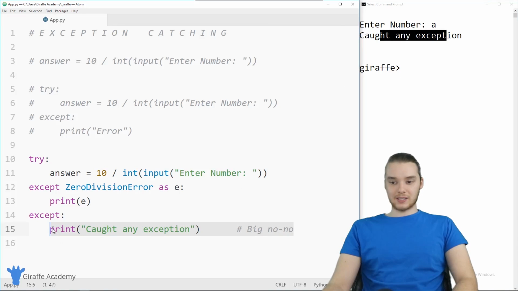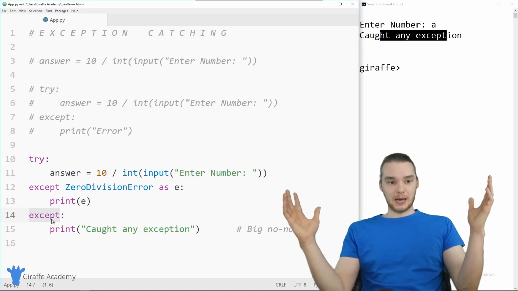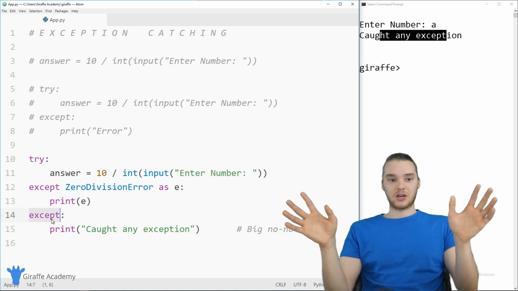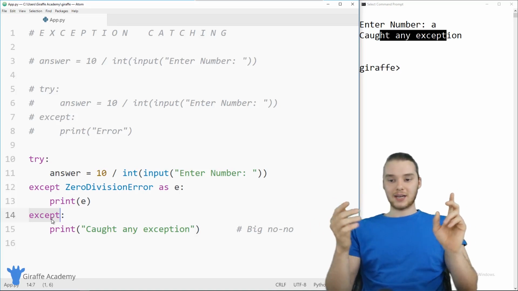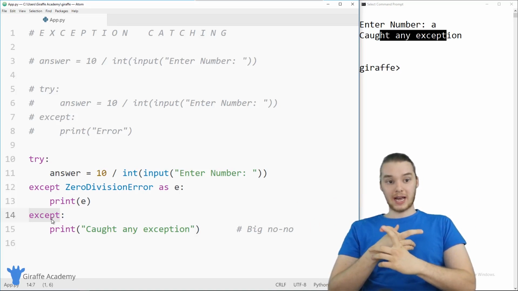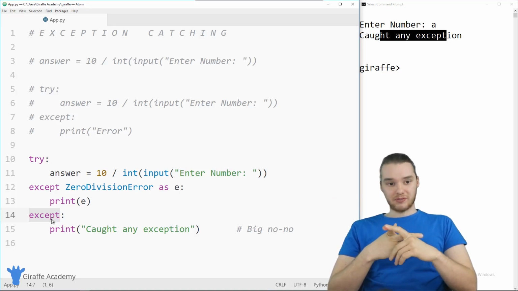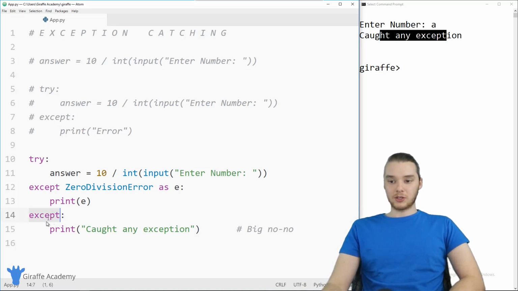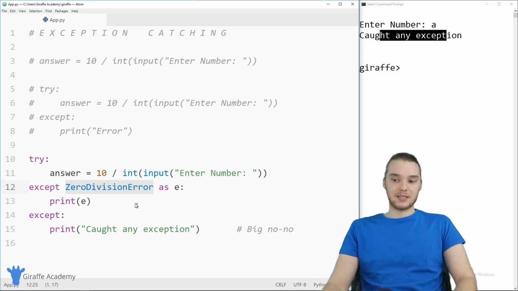Now this is generally considered to be kind of a big no-no, just because when you're putting a general except statement there, it's so broad that it'll catch everything. And a lot of times in your programs, you're not going to want to catch every error or exception that happens. So if you're going to do something like this, use it wisely. Generally, you want to catch a specific error like that ZeroDivisionError